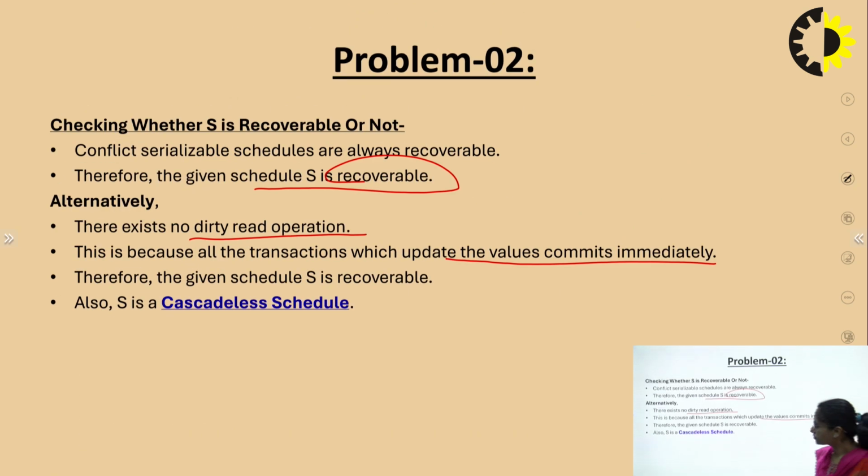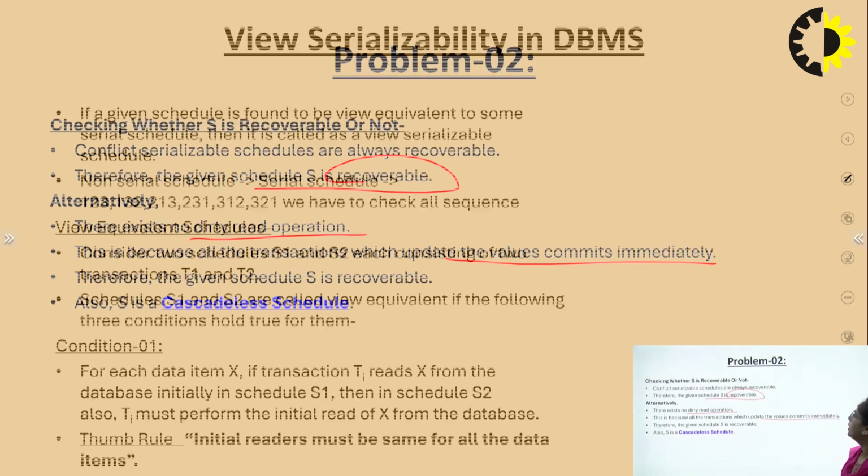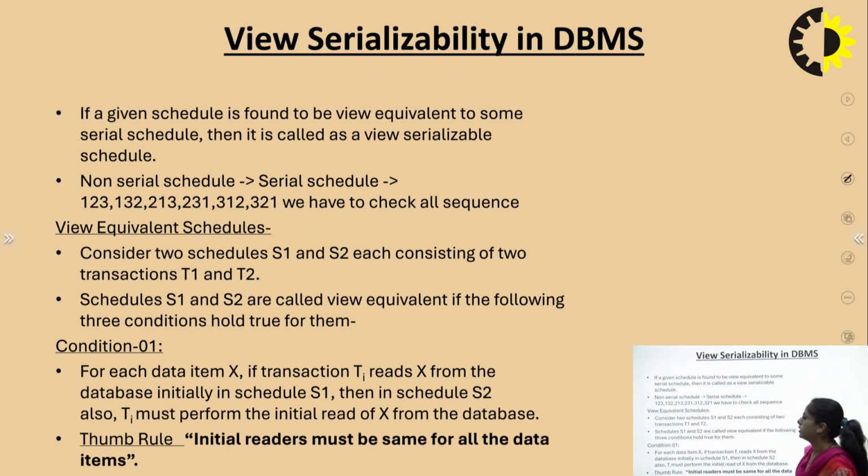Okay, these are the examples of conflict serializable or non-conflict serializable. The next one is view serializability in the DBMS. What is view serializable in the DBMS? If a given schedule is found to be view equivalent to some serial schedule, then it is called a